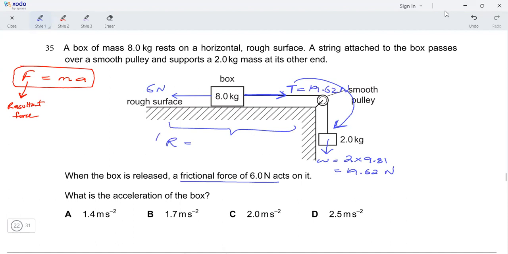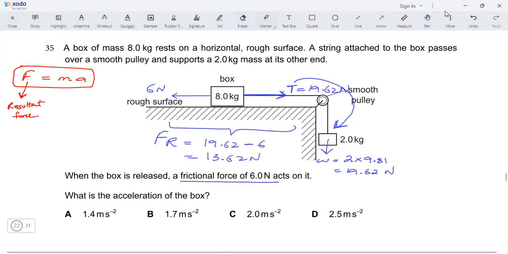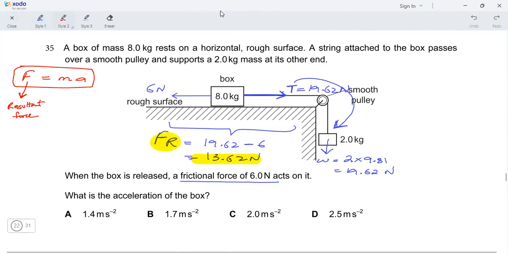And now I can find the resultant force acting on the box. The resultant force, let me write it as Fr, is going to be equal to 19.62 minus 6, which gives me 13.62. 13.62 newtons is the resultant force. Now I can move back towards my second law of motion and substitute all the values. 13.62 is equal to the mass of the box, 8 kilograms,